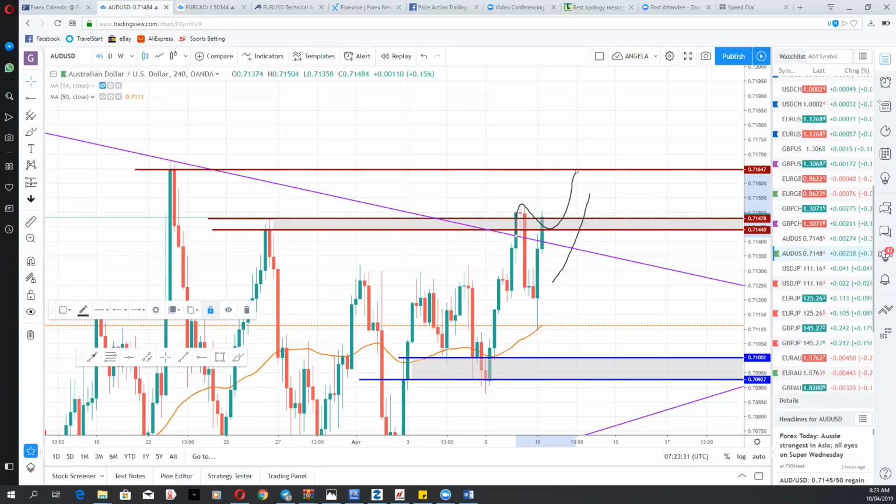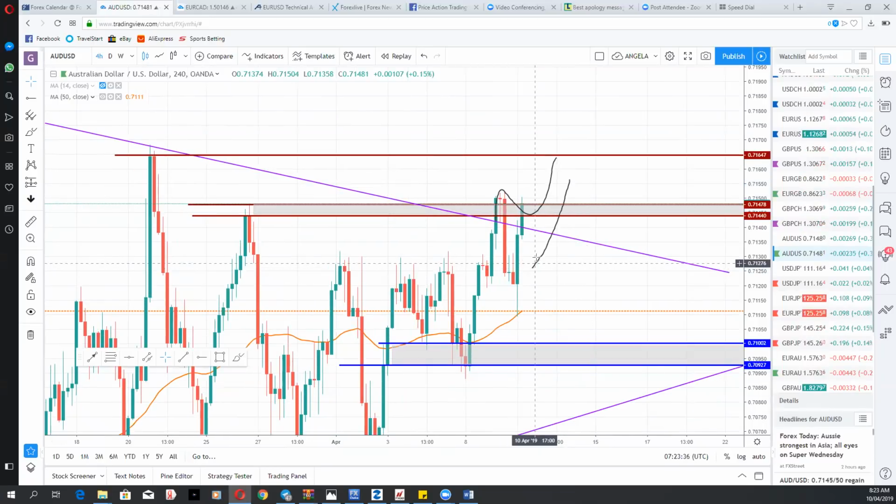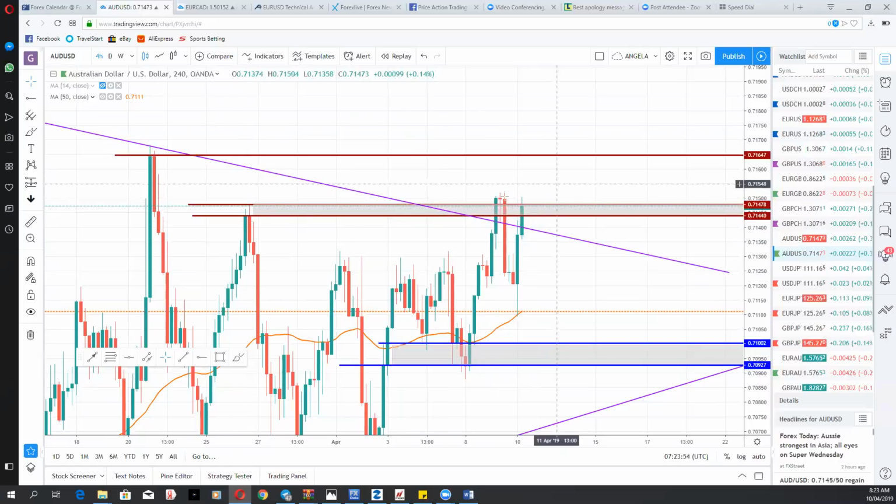Okay, so I think I'm back in business. Yes, this is better. So let me get rid of this, get rid of this. So now price is at this resistance. The question now is, are they trying to do a double top? You see here, they broke above, came back. This is a very, very bearish pattern. This is an evening star, but they are running back up into that area.